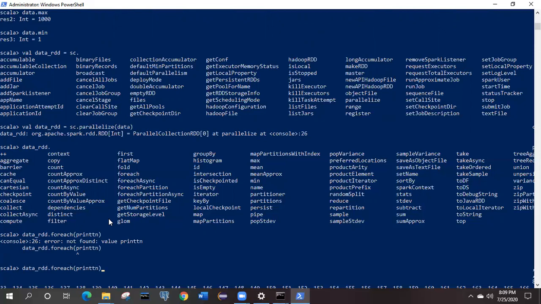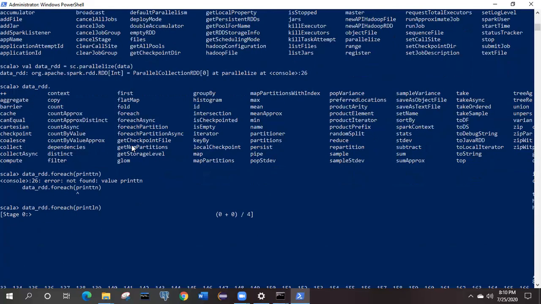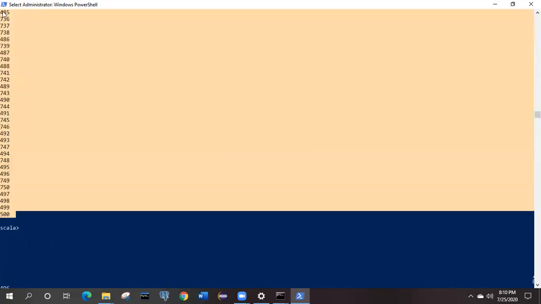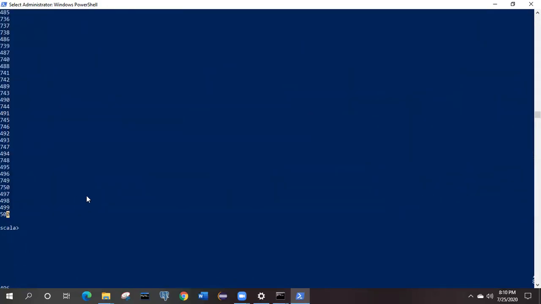Again, we need to think over here. Why is it not working? Because here the spelling is a mistake. See, the work is done, and now it is ready to give us the output, and it has resulted only 5 up to 500. We need to check, but this is the approach to create the RDD.